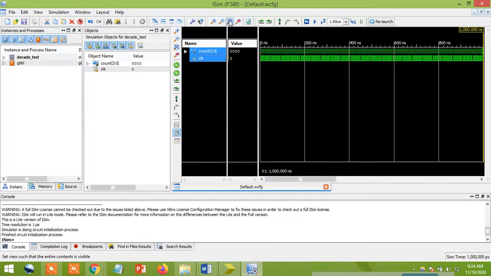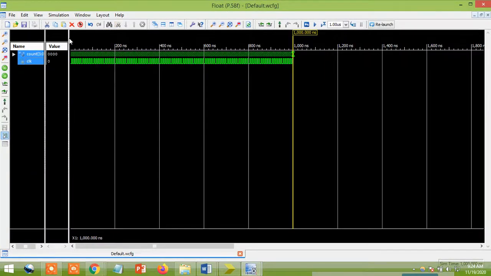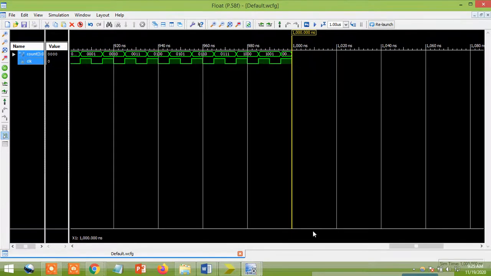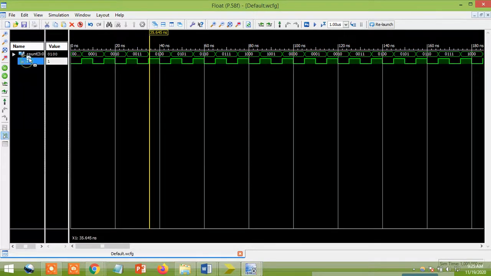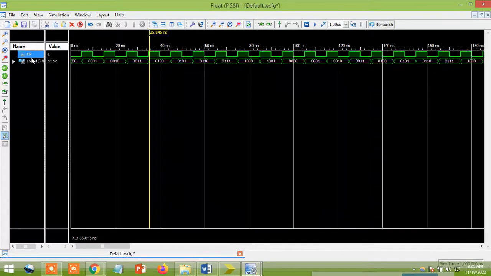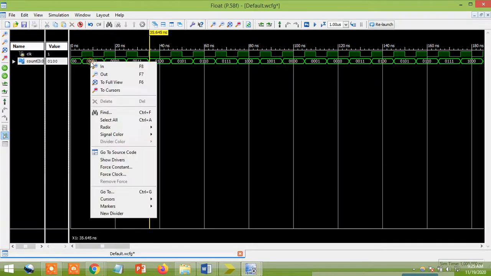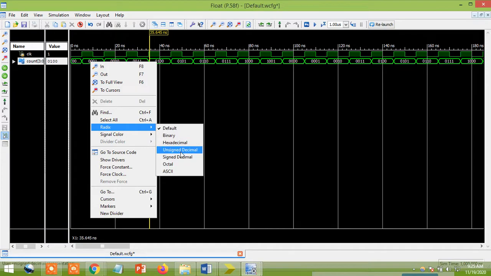Take it out as a floating window, just analyze, zoom in. Just take my count. There are only two things: one is the clock input and the count. If you want a clearer explanation, I'll change the radix to unsigned decimal.